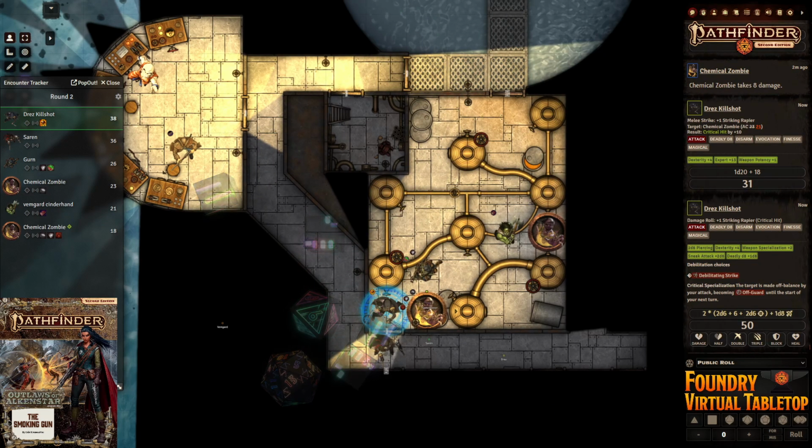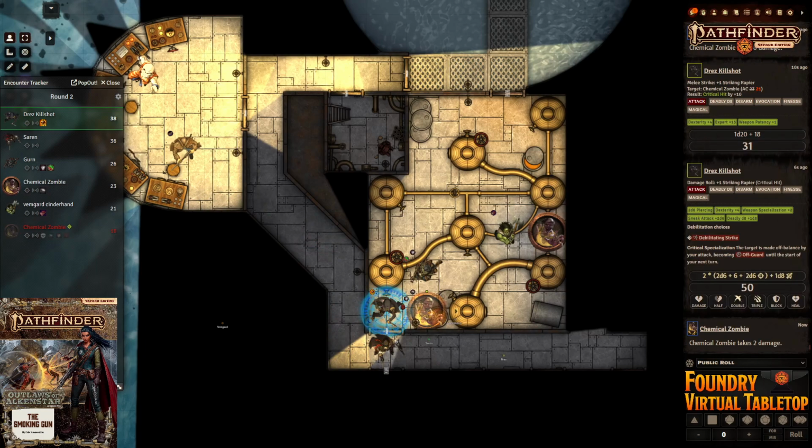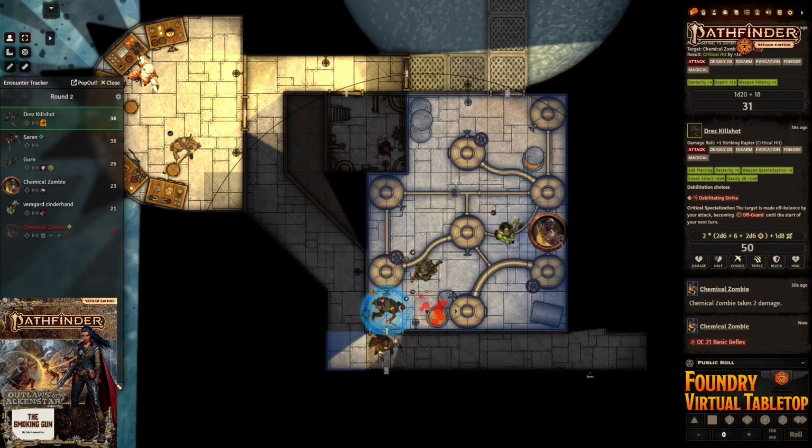Stabbing to death. All right, you do indeed stab this thing to death. And let me clear this off of him. So, as he dies, a huge burst rocks the whole area. And looks like pretty much everybody...